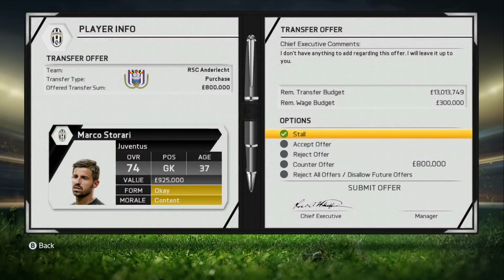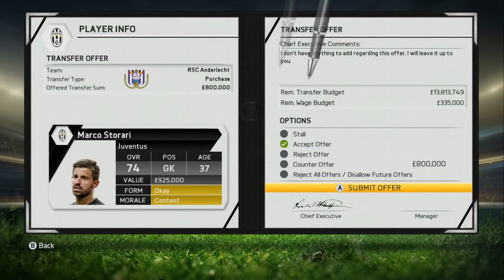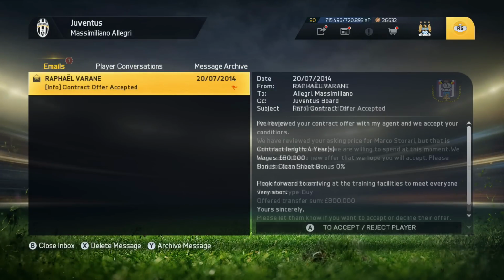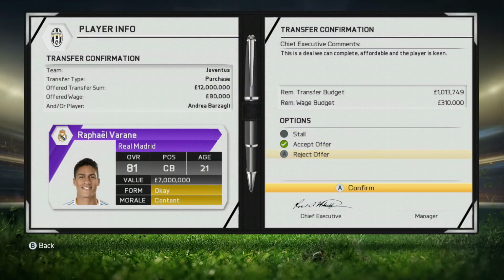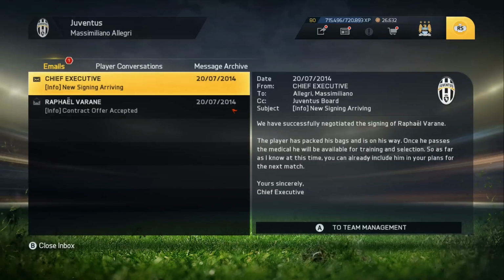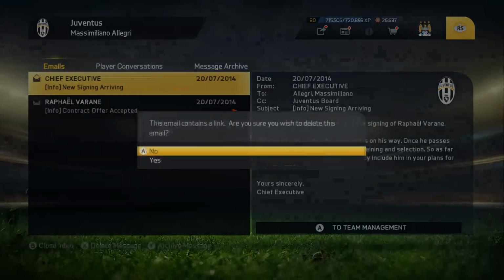And I'm going to accept this one as well because I am asking a bit much. I feel 900 grand's a lot for a 37-year-old, but we'll do that. Varane has accepted, and the deal has gone through. $1 million left on the transfer budget, 310 grand I think it was in the end on the wage, which